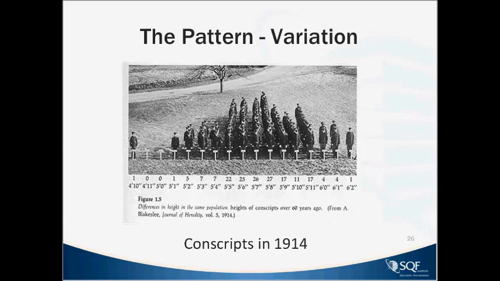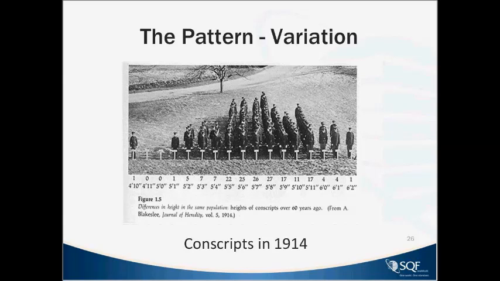I'm sure they're mostly men. There might be some women in there, but I doubt it in 1914. They are being conscripted for war, and they want to see the differences of heights that they were getting. So you can see one lonely fellow over there at 4 feet 10 inches, and you got one or two people at that time that were 6'1", 6'2", but you got a whole bunch that are around 5'7", 5'8". So look at the general population. You would expect that to be the case back in 1914. That most fellows going to war were 5'7", 5'8", and they can use this type of histogram to predict